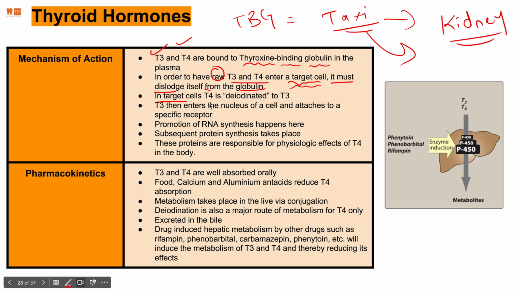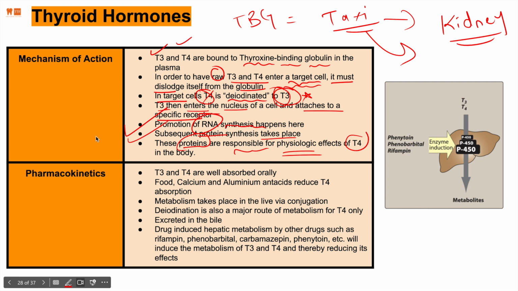In target cells, T4 is deiodinated to T3. Remember, T3 is the most activated of the two. So it becomes deiodinated and then one iodine is dropped and now it's become T3. T3 then enters the nucleus of the cell, attaches to a specific receptor and promotes RNA synthesis. Subsequently, there is protein synthesis that takes place. So DNA makes protein. These proteins are actually what are responsible for the physiologic effects caused by T4 in the